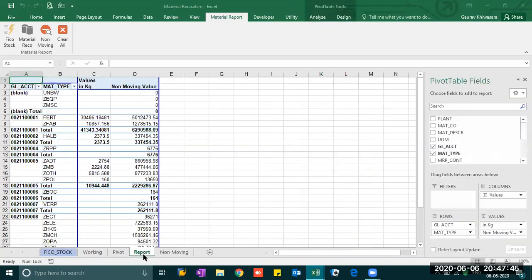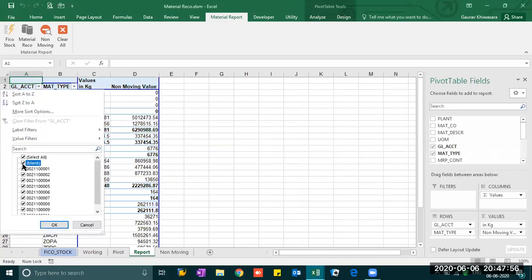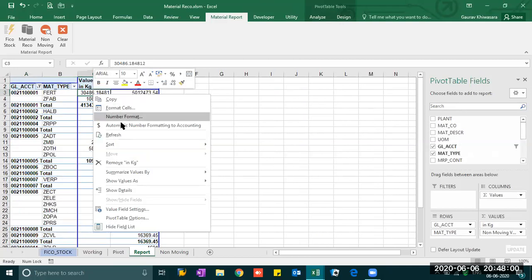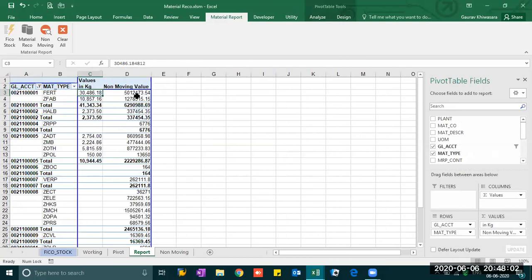So in the report column, this is now generated. In whatever format you want to report, you can report it from here. This is summary data. Normally we will not represent blank data, so whatever blank is coming, remove the blank. This is the data which you have to report. Now you can do formatting according to your needs, whichever way you have to report it.